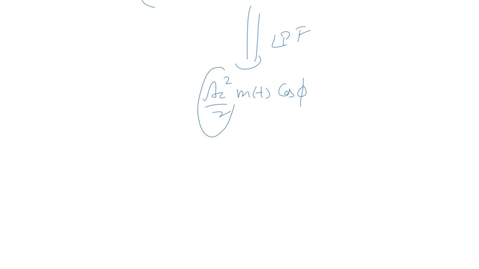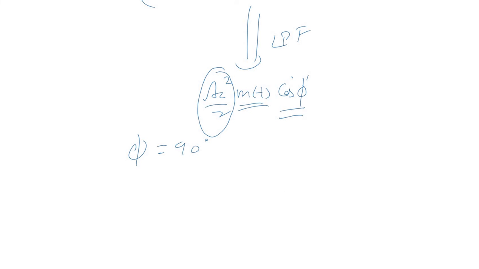Where AC square by 2 is clearly a scaling factor that can be eliminated. m(t) is our message signal, that is the desired signal. Cos phi is the distortion introduced in the demodulated signal. And this distortion will vary in accordance with this angle phi, right? So depending on the value of phi, this distortion will vary. If phi is 90 degrees,